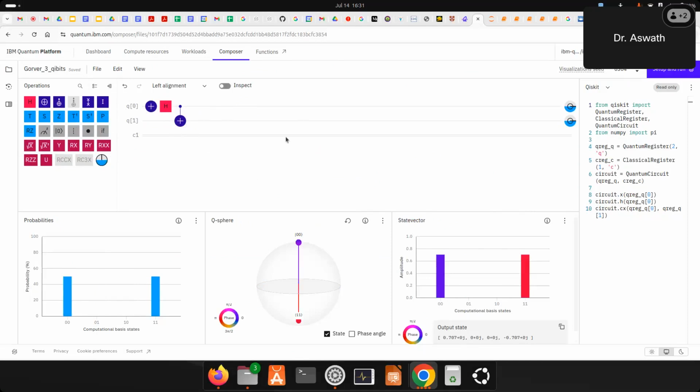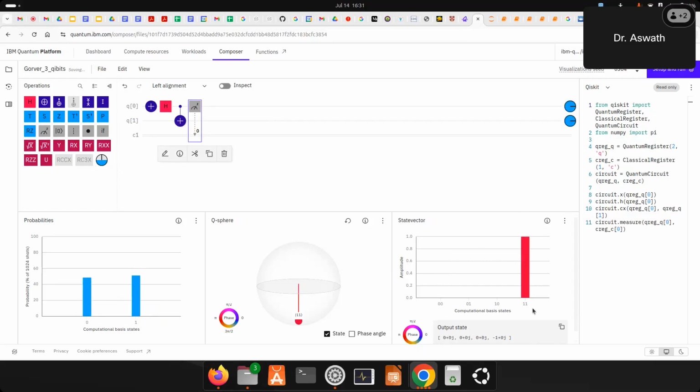But no, when they are entangled, even when they are separated, when you do the measurement on, let's say, only the first system, that forces the other system to also fall into the same state as the first system. That is the beauty. I have not done anything on system B, but it is forced to fall into the same state. The red color stands for both being in the negative phase, both in the same phase. So this is the effect of entanglement for you.